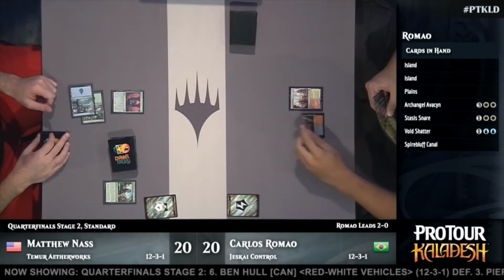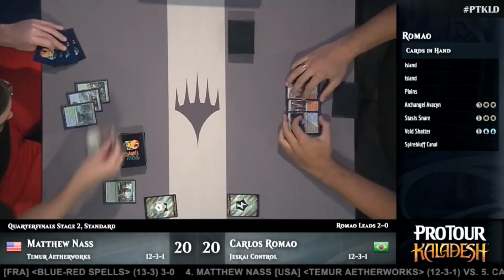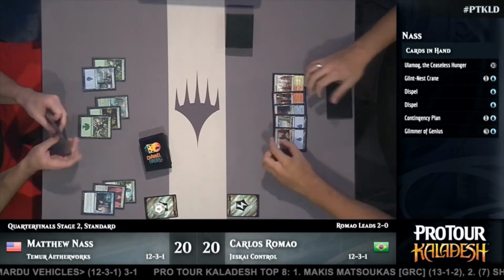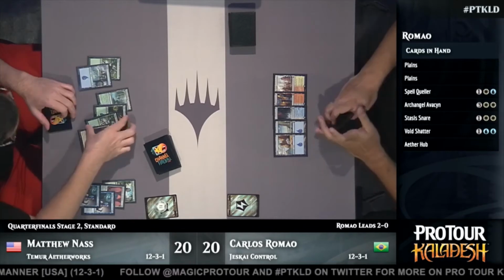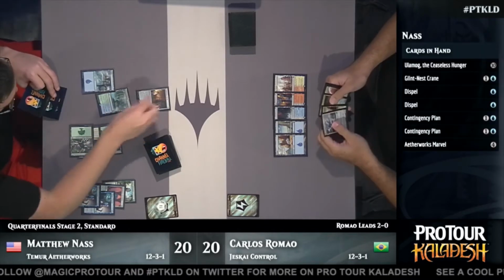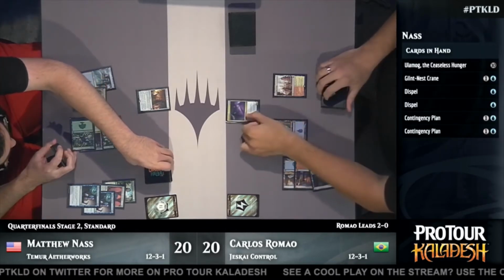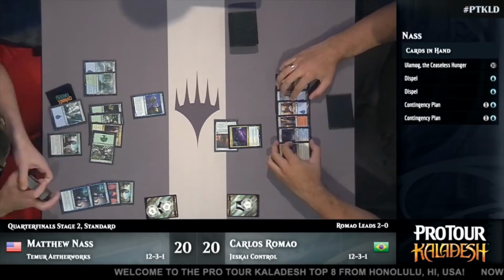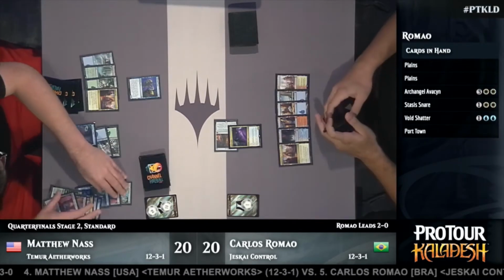The first few turns see Carlos playing lands while Matt curves out with a bunch of energy and selection, with Attune, Glassblowers, Crack It, Glimmer, both splitting. Sculpting a beautiful hand, Matt plays Marvel with double Dispel backup, but Carlos has Spell Queller to break his heart and back. Crane misses but can hold off the Queller beats, Attune before Contingency Plan which bins 5, and we